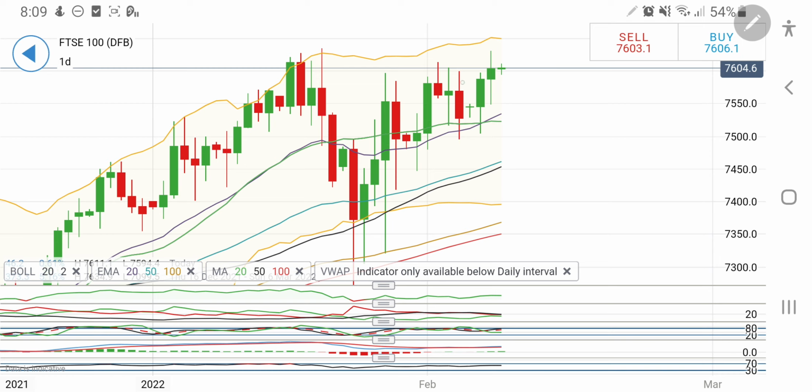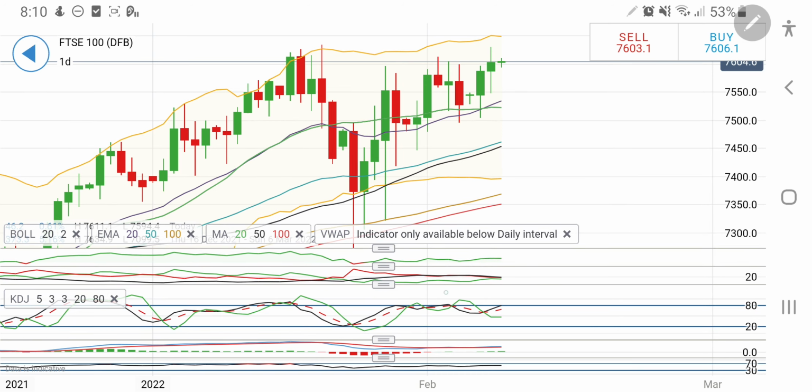Now this level at 7580 will definitely provide support for any downside move, and below 7580 you can expect 7550, 7560 to provide very strong support for the day. So if you see it breaking below 7580, you can expect that it can drop towards 7560 levels also, and from there it can bounce back again. Probably we are looking forward to a 7560 to 7650 range on FTSE 100.